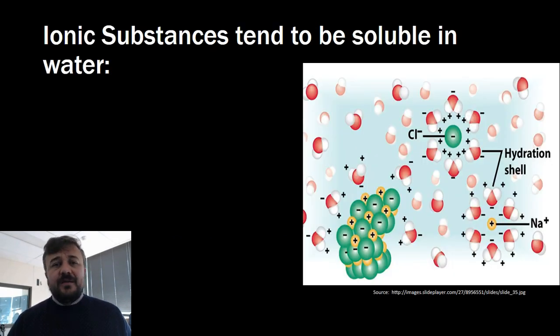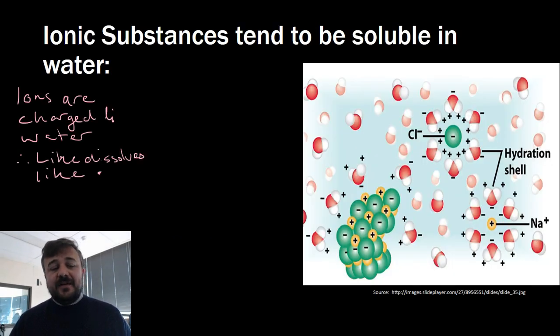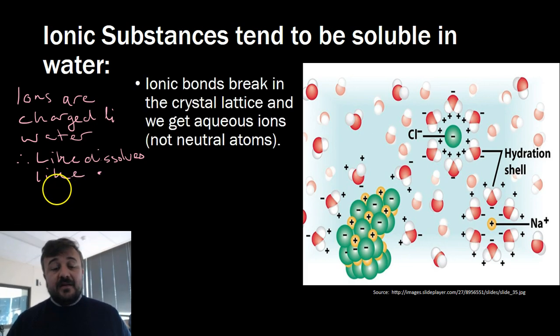Ionic substances tend to be soluble in water, and that's because ions are charged, like water. Because of this, like dissolves like. So the crystal lattice and the ionic bonds break apart, and we get aqueous ions. This is what happens when it goes into water. We have aqueous ions separating out into the water